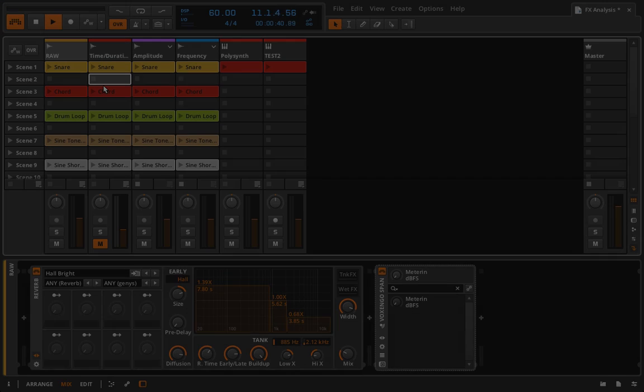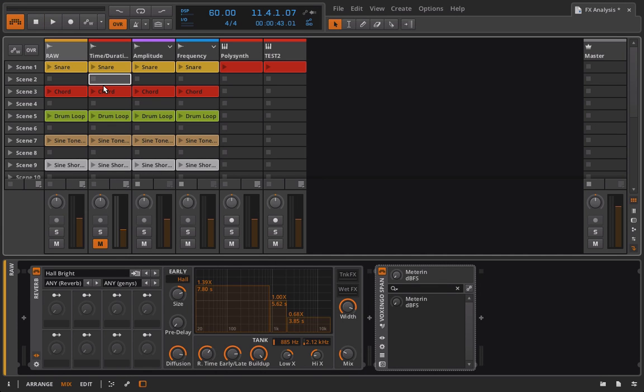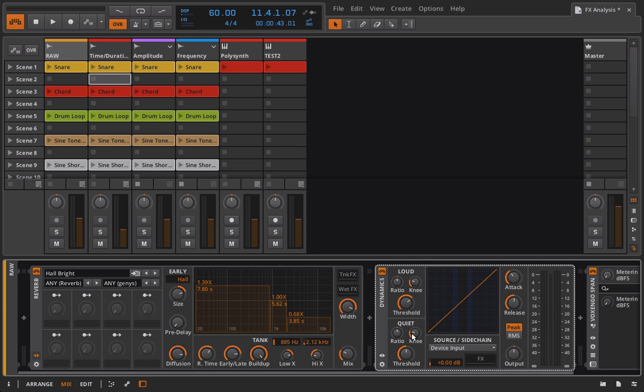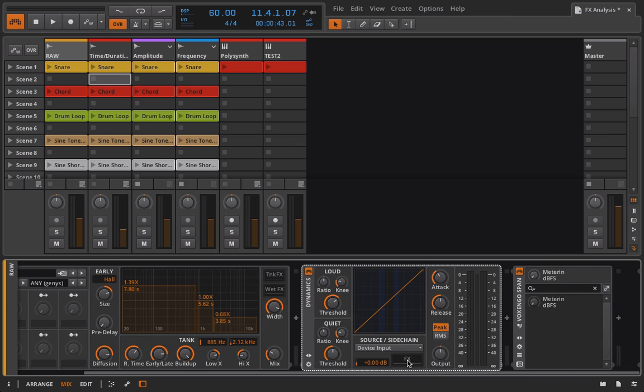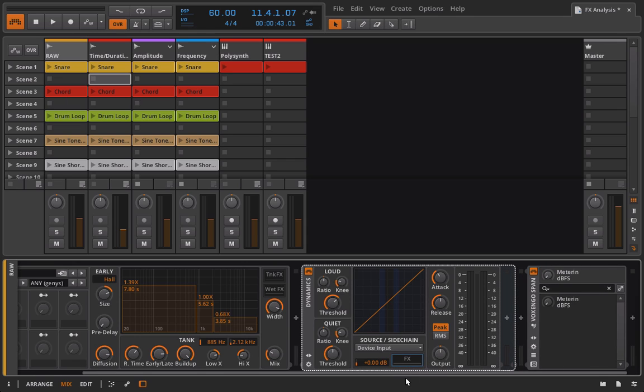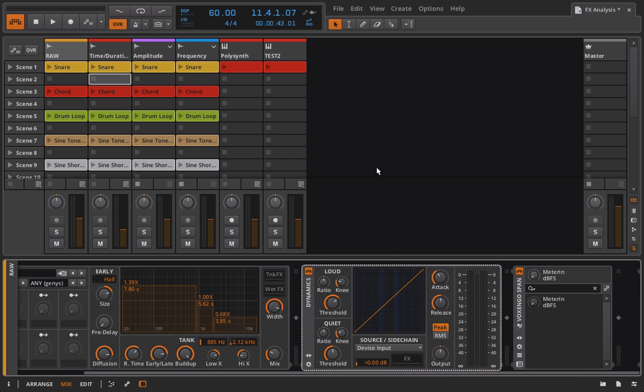Okay, sorry about having to stop the video. There was like this massive glitch that occurred when I turned off the compressor and everything. But anyway, those are a few uses of the sidechain application within the dynamics device here. Where it's really going to start to get crazy is when we get into using this effects section here within the sidechain. And you're going to hear all about that in a couple of lessons when we start talking about some of the more advanced and unique features of the devices. But for now, that should give you plenty to mess around with and